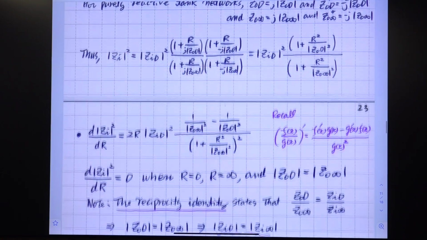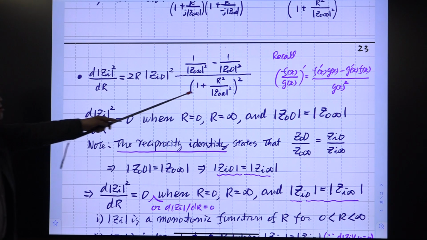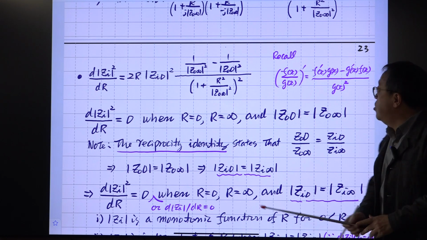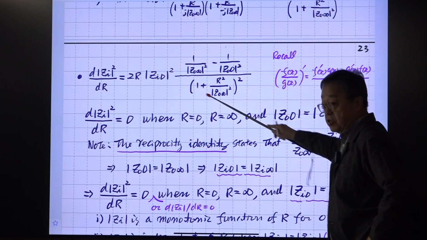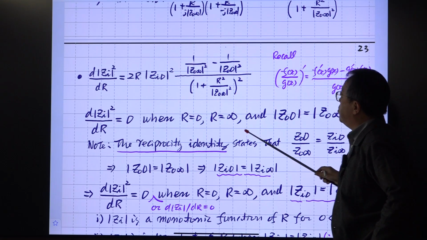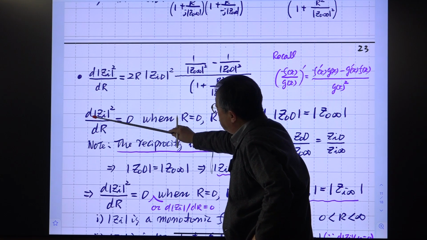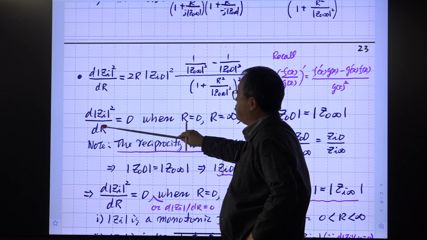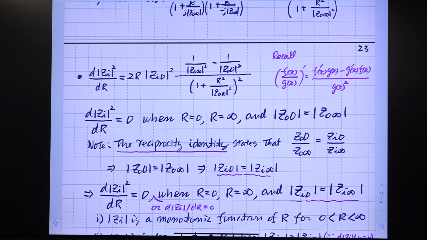So we take the derivative of this with respect to log r. Okay, so all of you know this. This is the formula for the derivative of these two functions in this form. So this is the final result. So we are looking for the condition when this thing becomes 0. Okay? So the derivative of |Gi| squared with respect to r being 0 is the same as this condition.